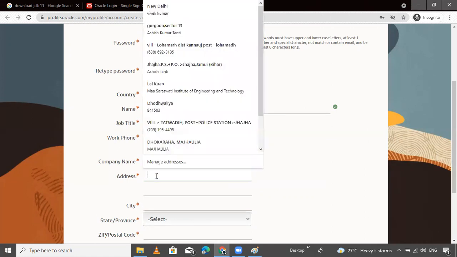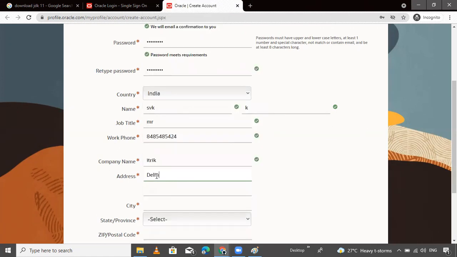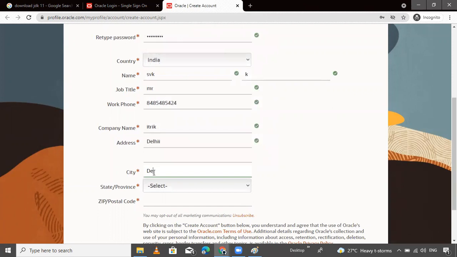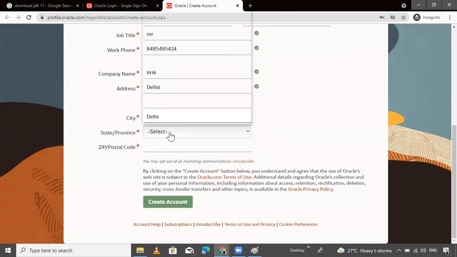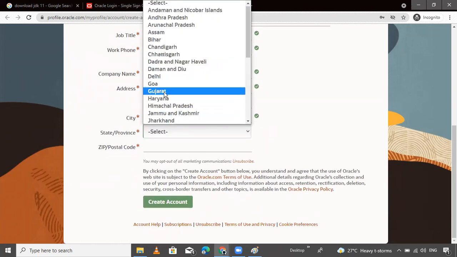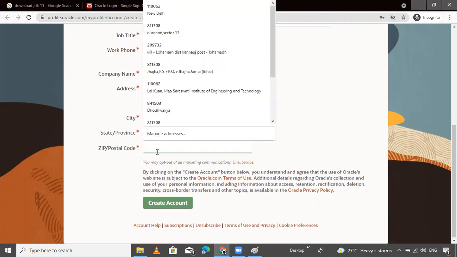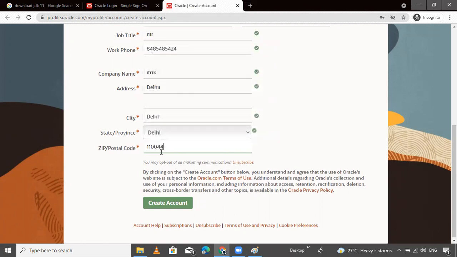Address, anything, Delhi. City also Delhi. State Delhi. I want to provide Delhi, but right now I'm not in Delhi. Like my zip code is 1104, suppose.